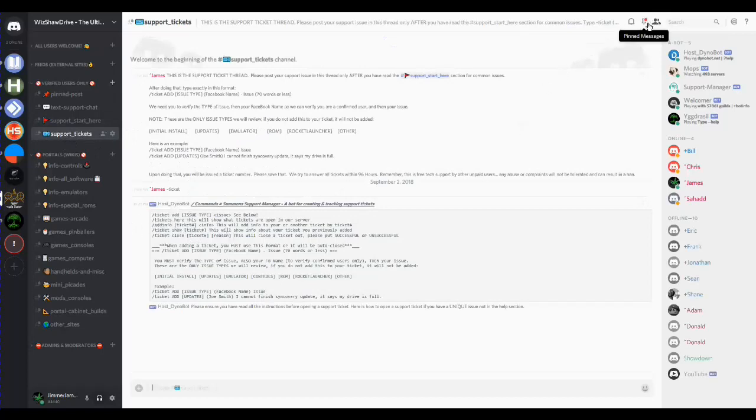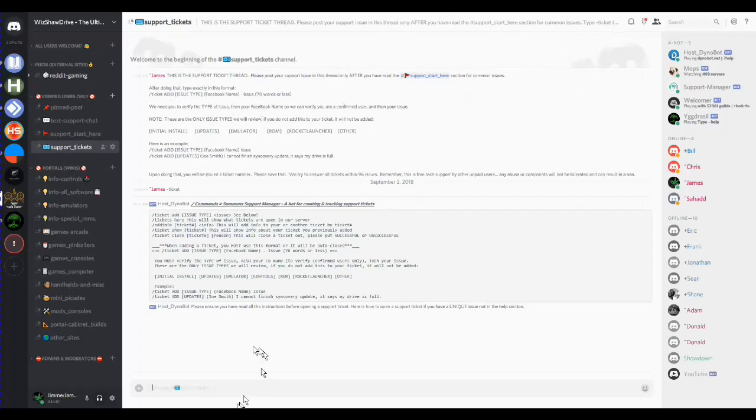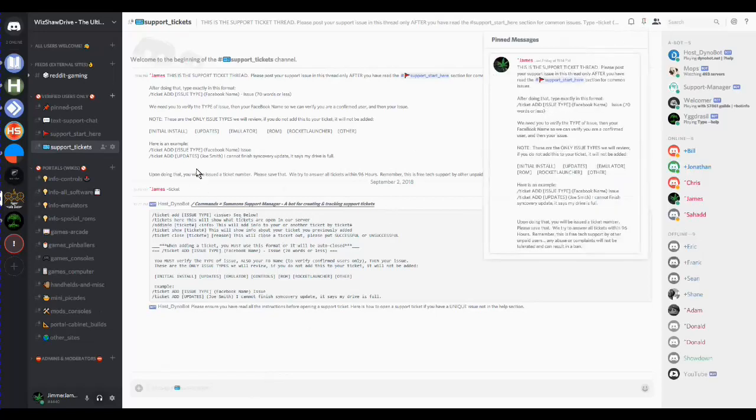There's also something called pinned posts. If you look right up here, pinned posts, this is something that right now I'm the only one that's typed in here, so you could see what you need to do. But let's say people have been posting in here, adding their support tickets, stuff like that, and this is no longer visible. You can always click this pinned post, and it tells you that important pinned post right here. And if we ever add anything else, you'll see the second pinned post. It's like a greatest hits thing. It's like the pinned post in Facebook. It'll tell you how to add a ticket, what we need you to do.